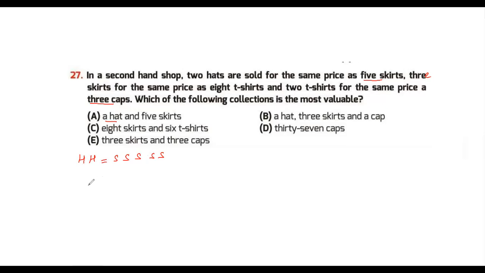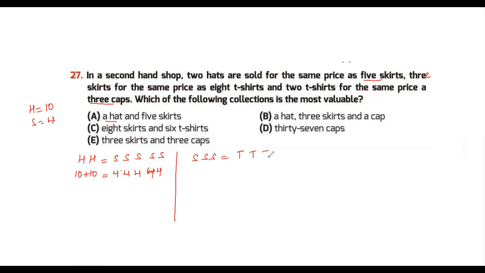So let's just say one hat is 10. So this becomes 10 and 10, and this is 20. So 20 divided by 5 is 4. So basically, what we have established is that the hat is say 10 and the skirt is 4. Okay, then we go to the next relationship, which is 3 skirts, the same price for